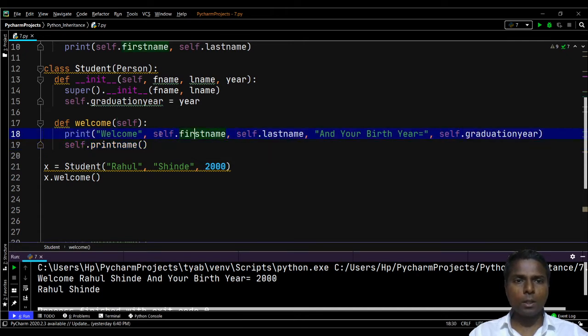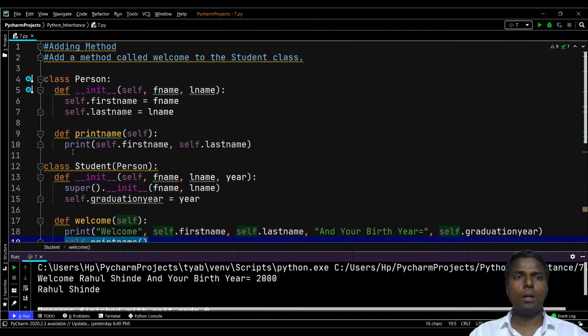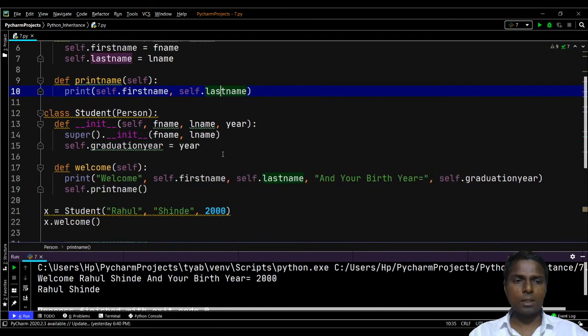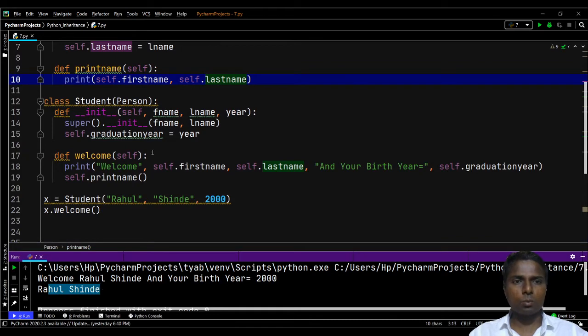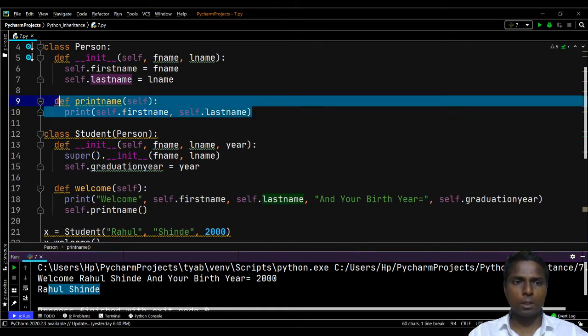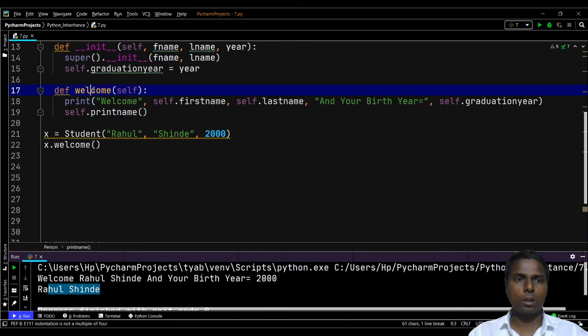Similarly, I can access methods from the base class also with the help of self dot print name. So this will help us to call or execute the function which we have defined in the parent class. That is also possible. So Rahul Shinde, this message will be displayed because of this function. This method will be called in the welcome method. That is possible.